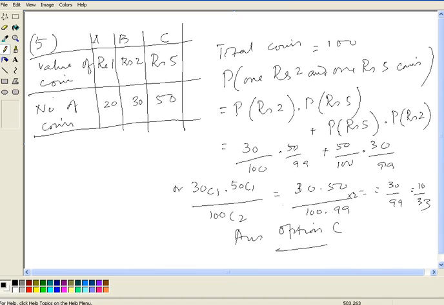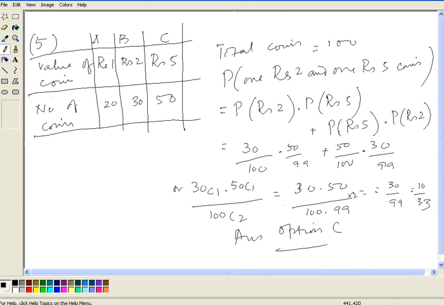The simple way of working is either you pick up first a 2 rupee coin and then the probability of picking up a 5 rupee coin, or the other way, first you pick up a 5 rupee coin, and then the second coin, the probability of picking a 2 rupee coin, which is also written as